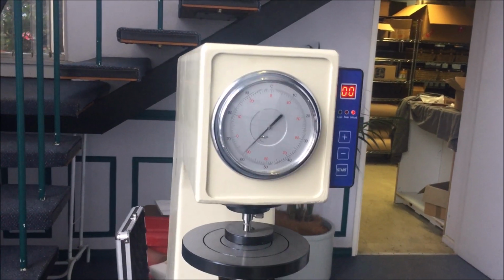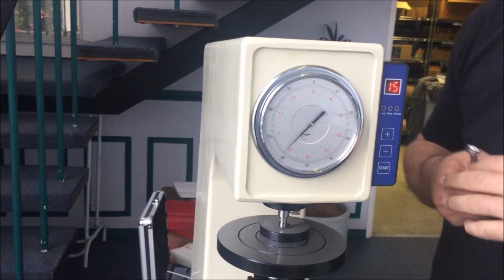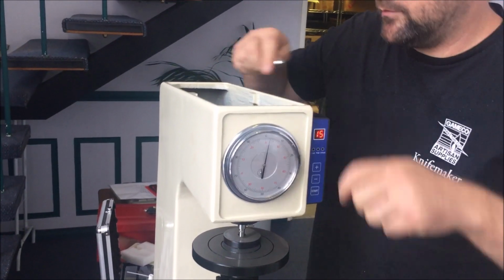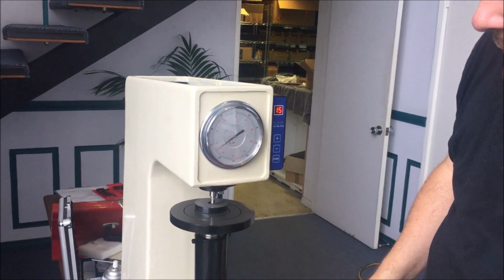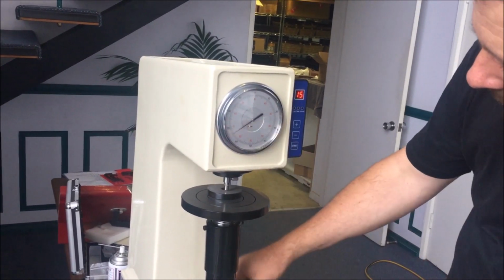And here we go, 61.5 on the nose. So like I said, I wouldn't be mucking around with that. I think that's fine. All right, so cool bananas. Turn it off. Okay. All right, so what happens if your machine arrives and the small needle doesn't start on